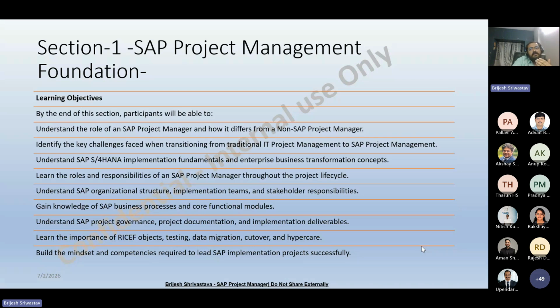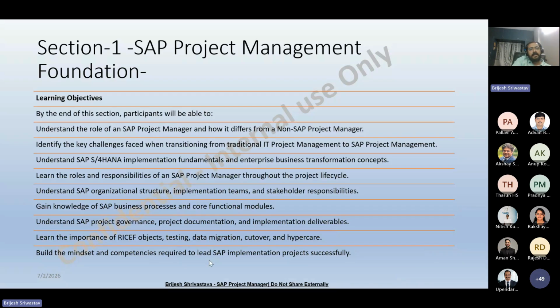The project manager plays a major role in a successful go-live. So by the end of this session you should have a solid foundation and clear understanding of how SAP implementation projects are managed, and this will of course make it much easier to understand SAP Activate methodology. The implementation lifecycle is the upcoming section we have. So let's start.